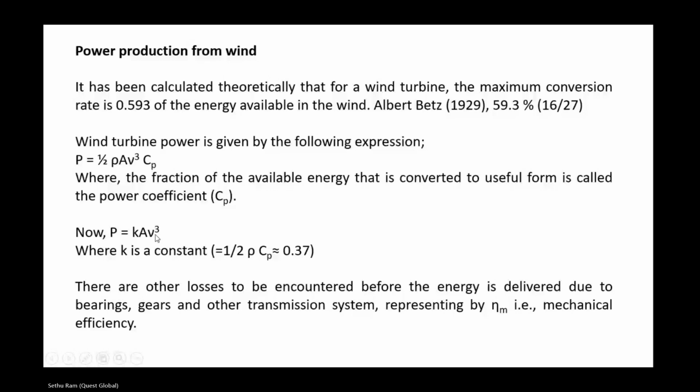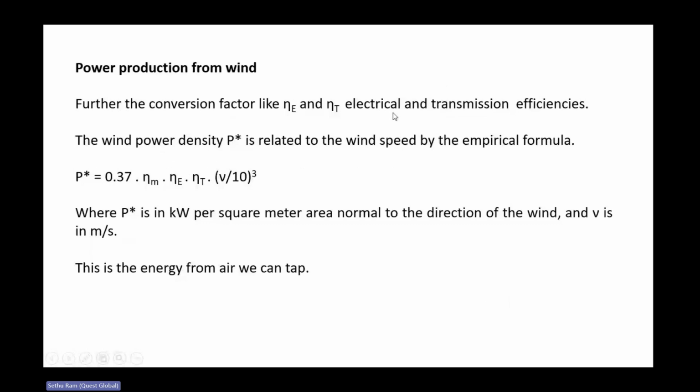Okay. There will be other losses also before the energy is delivered, due to bearings, gears, and other power transmission systems. So mechanical efficiency and conversion efficiency, like electrical efficiency, transmission efficiency, all those things also we have to consider to calculate the power generation from the wind. So finally, for that, power P star is